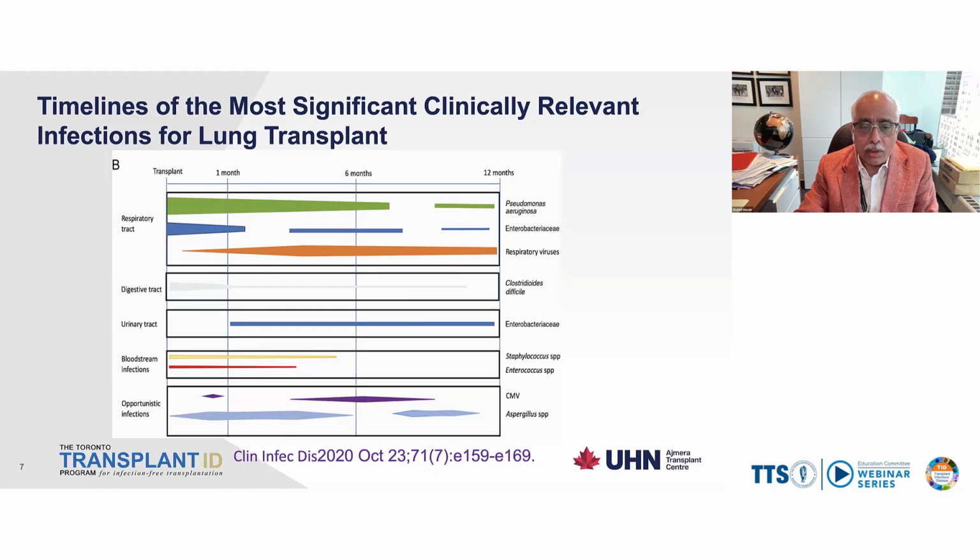In terms of the timeline, this fits in the timeline as has been highlighted here. This is from the Swiss cohort study that was published in 2020. If you concentrate on the bottom, you will see the Aspergillus species tend to happen early, up till 6 months, then there's a hiatus, and then happen late. This is due to the anastomotic complications. But typically, tracheobronchitis does happen before the maturation of the anastomosis, that is up till 6 weeks.